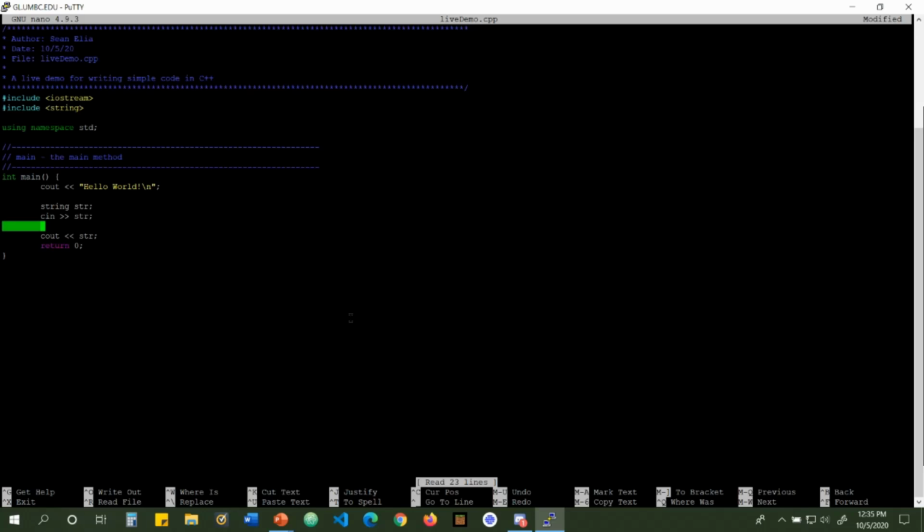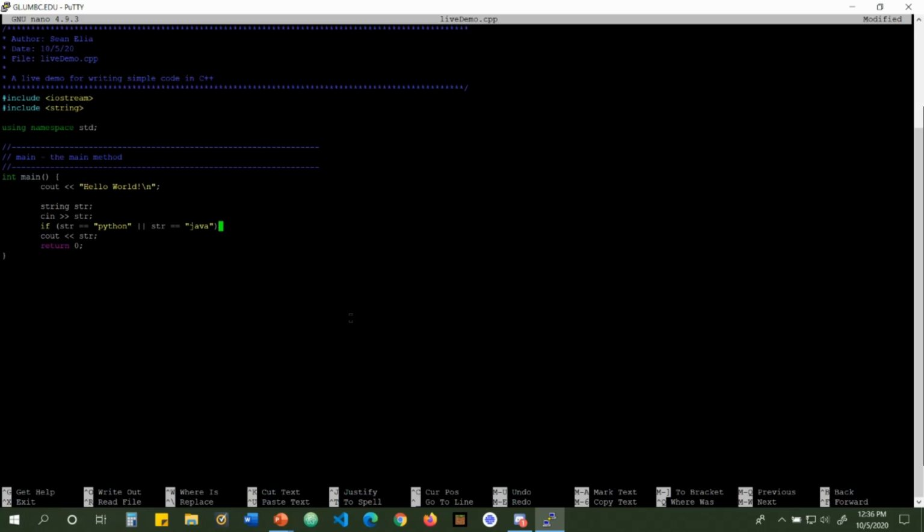For example, since this is C++, let's have it so that if you type in the name of another fairly common coding language, like say Python or Java, then it will return an error saying that you've got the wrong programming language. So we can do that by saying if str equals Python or str equals Java,